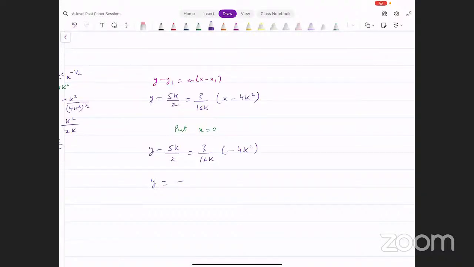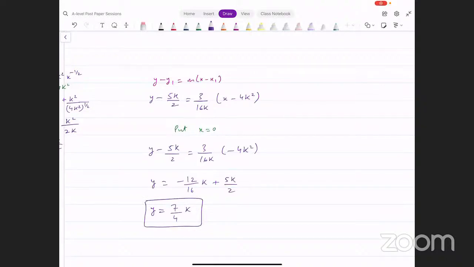It's going to be -12/16 times k on the right side, right? And then we have plus 5k/2। ये आप कैलकुलेटर पर डाल दें, -12/16, that's actually -3/4 plus 5 divided by 2, that's giving me 7/4। उसके साथ k लगा देंगे, 7/4 k। ये आपके पास आ रहा है उसका y इंटरसेप्ट।